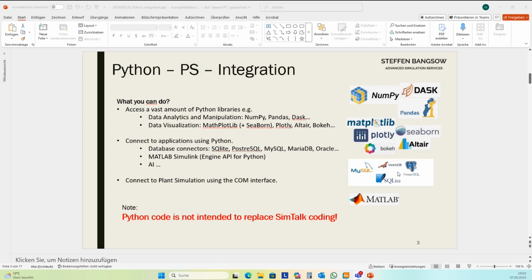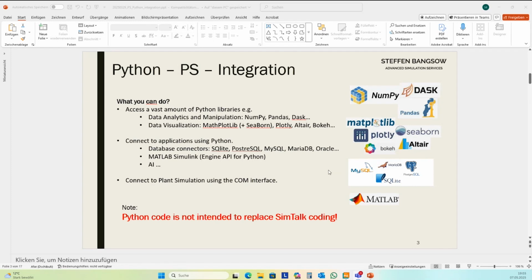Other basic database connectors that come with the installation already are connectors for MySQL and MariaDB and PostgreSQL. And today, I want to show you how to connect with the MySQL database server.